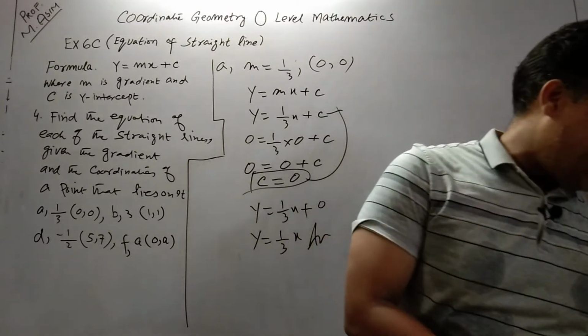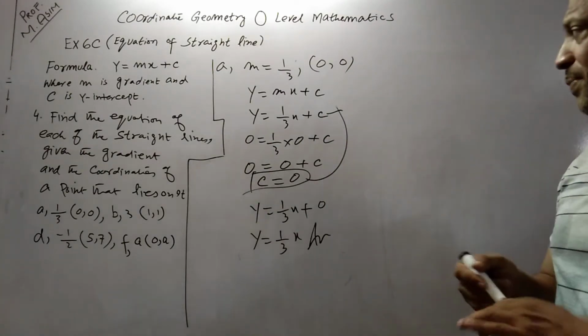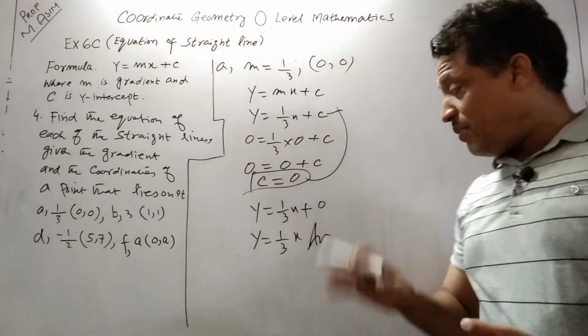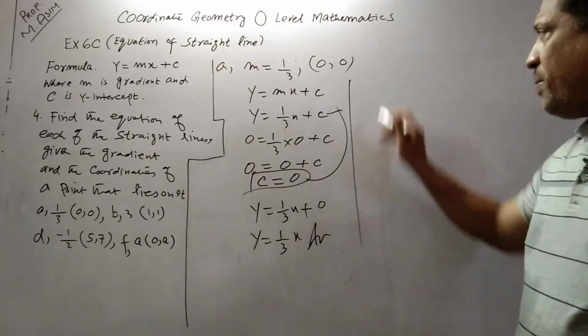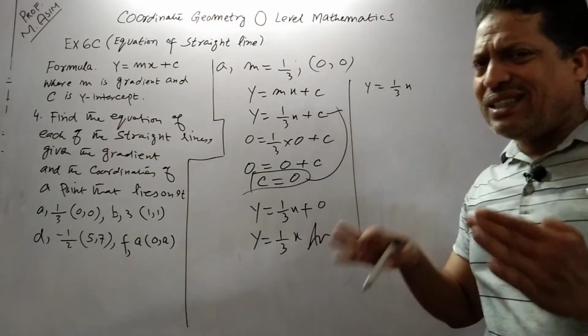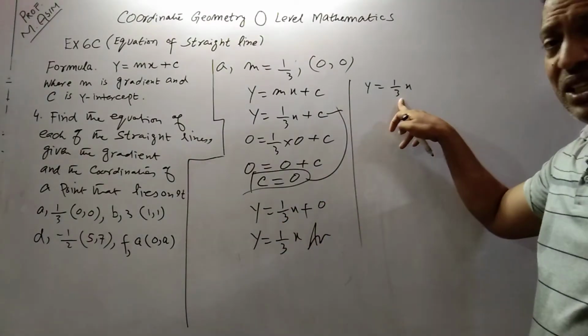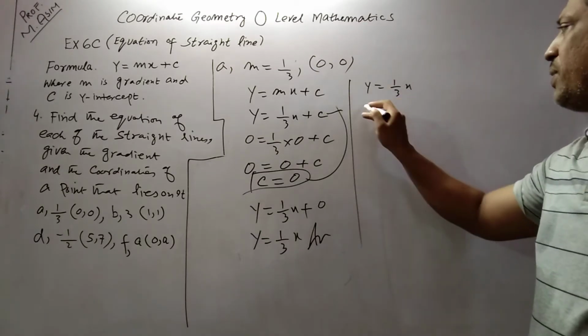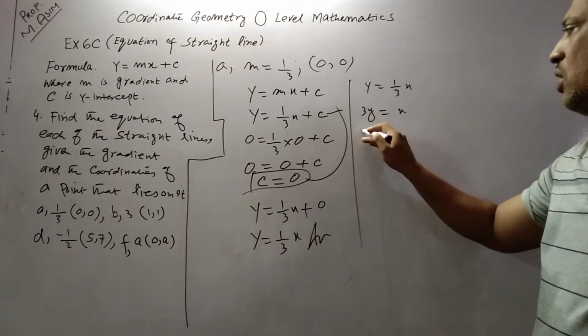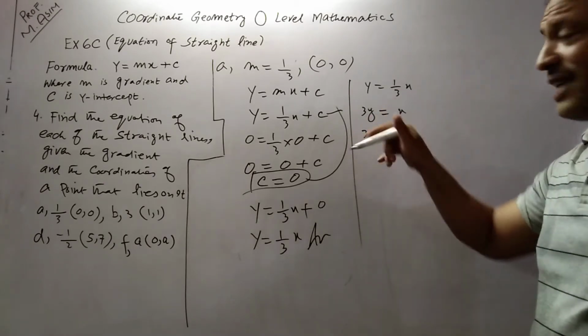I hope you understand. Or student, maybe I don't know in what form the answer in the book is given. So maybe 1 upon 3 x, maybe the answer is given in this form. This 3 is divided over here, this should multiply 3y. What is remaining? 1 into x, x, or 3y if you shift this x on this side.